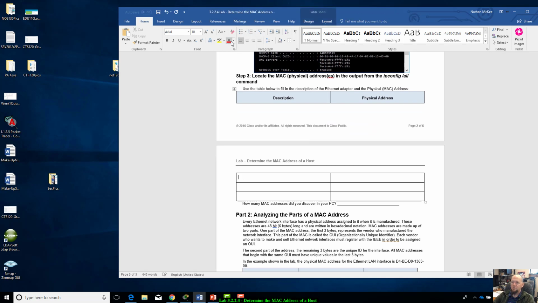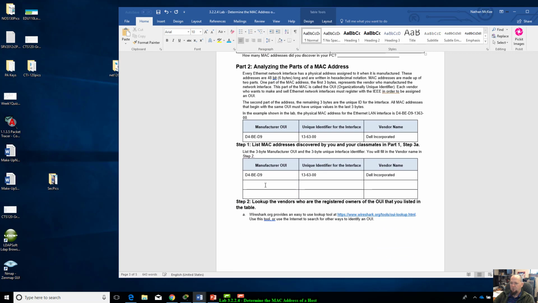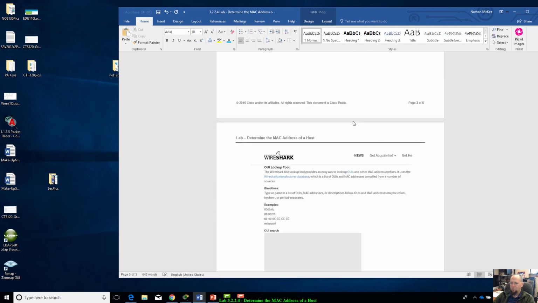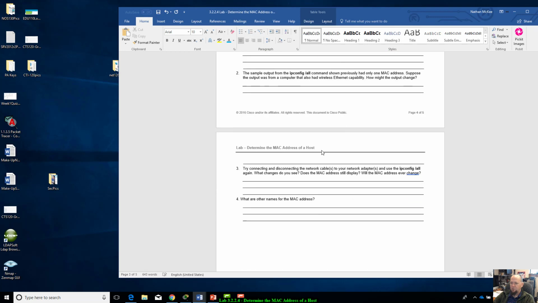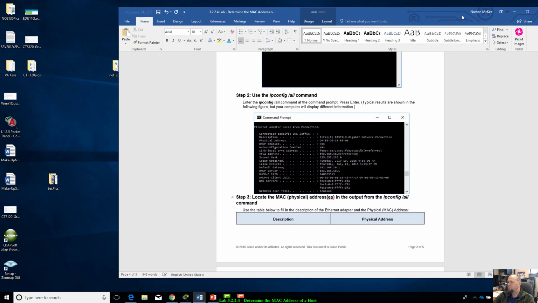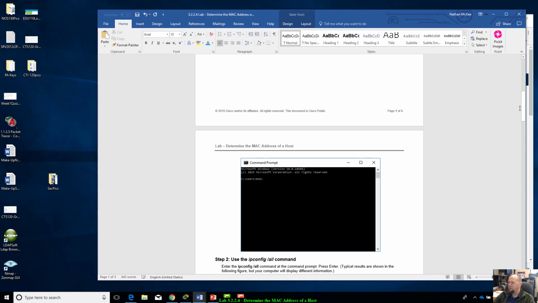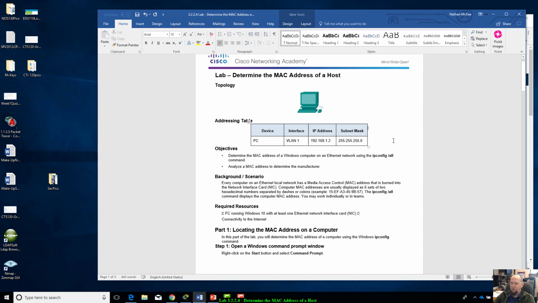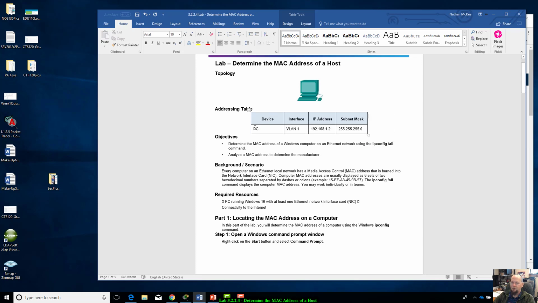Try to do it with blue text so it's easier for me to see your answers. So we're answering answers right there, filling out that table. Answer these questions, and that's it. You don't have to do this in Packet Tracer, you can do this on your local machine. Addressing table up top, just get used to seeing that for all your Netacad and Packet Tracer stuff,